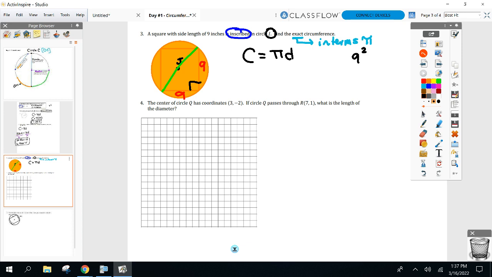9 squared plus 9 squared equals c squared. 81 plus 81 equals c squared. 162 equals c squared. Got to take what on both sides now? Square root both sides. Now,